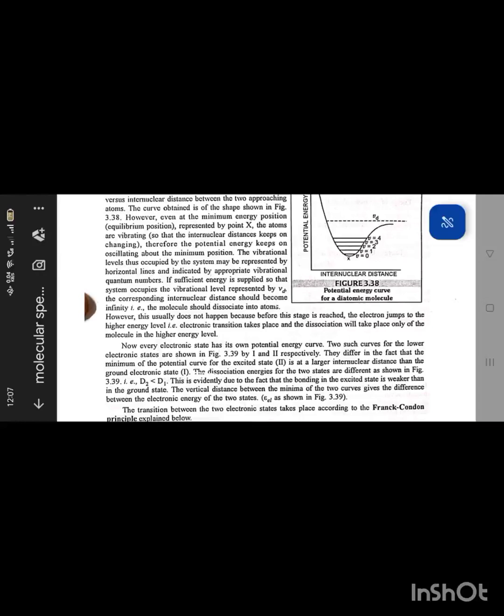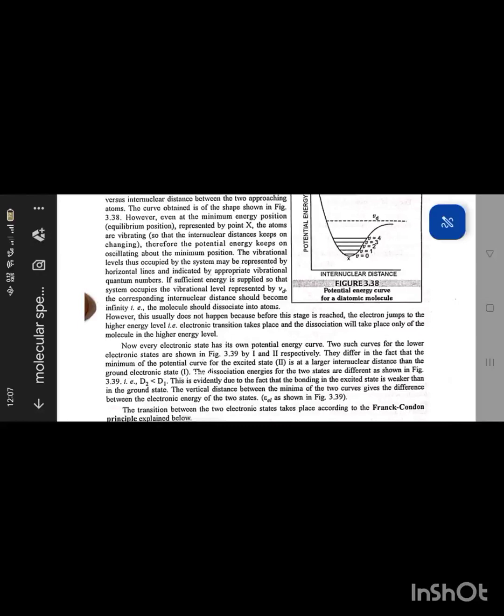If sufficient energy is supplied so that the system occupies the vibrational level represented by Vd, the corresponding internuclear distance should become infinity, that is, the molecule should dissociate into atoms. However, this usually does not happen because before this stage is reached, the electron jumps to the higher energy level. That is, electronic transition takes place and the dissociation will take place only of the molecule in the higher energy